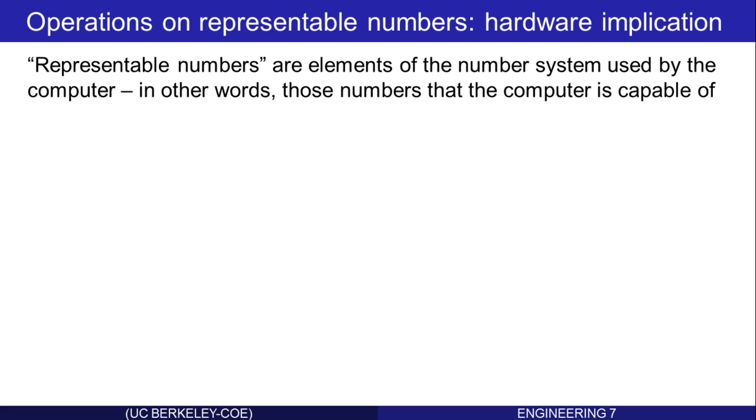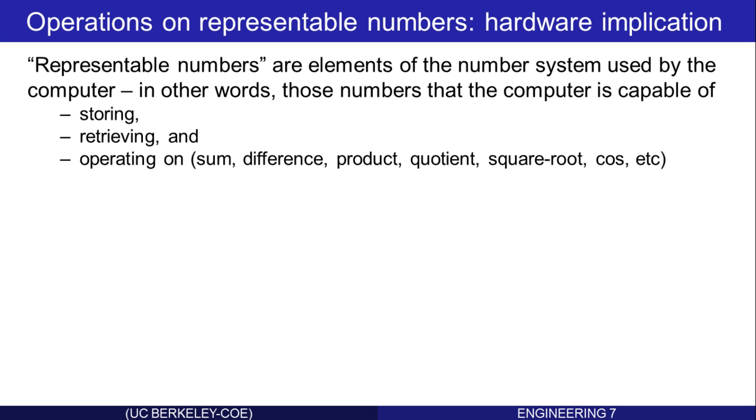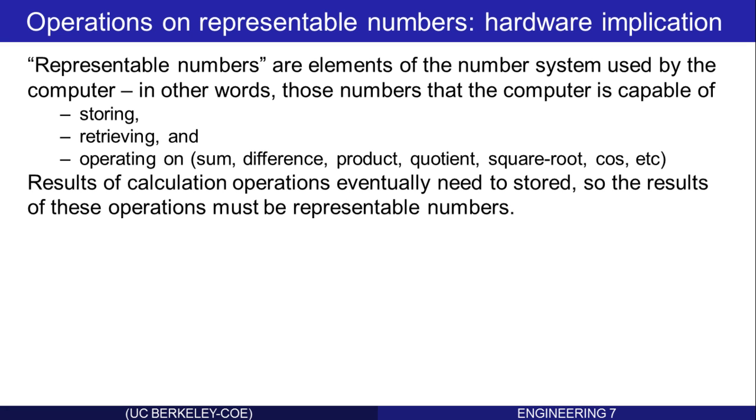In the context of a computer, representable numbers are the elements of the number system that it's using. In other words, those numbers that the computer is capable of storing, retrieving, and doing mathematical operations on. The results of these mathematical operations eventually need to be stored, so the results of the operations must themselves be